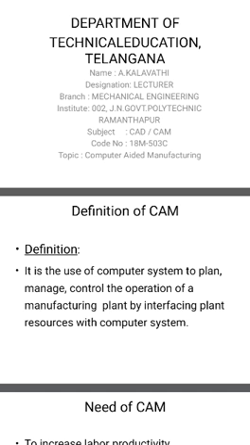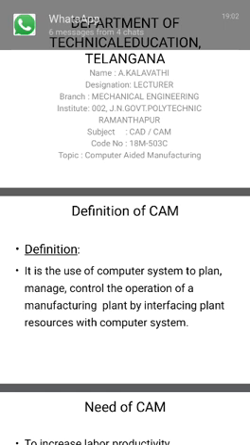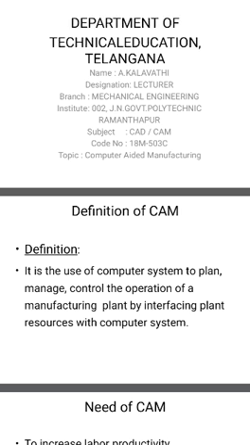After that, machining is done. First we'll draw the diagram on the computer, then we'll feed the software by writing the coding, G codes and M codes, in CNC language. After that we'll feed it into the machine. We'll start the machine, which will take these software instructions and run. Whatever design we want, we'll write the program and send it to the machine. That way the machine works and we get the component we need.